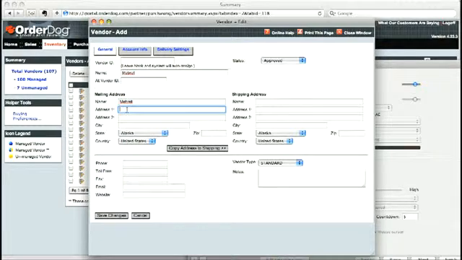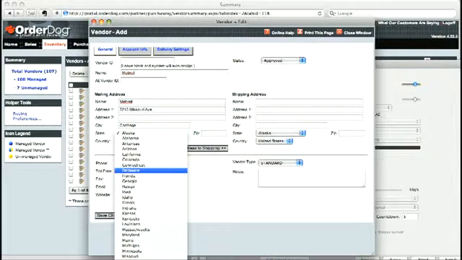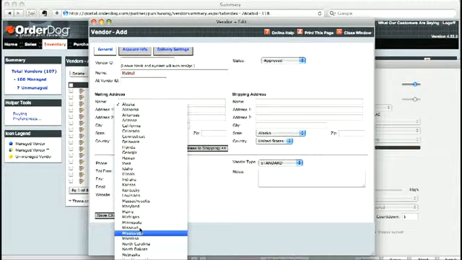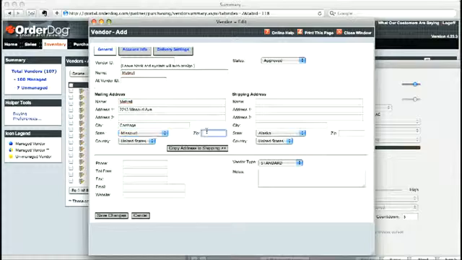And next I'll work on the address, usually the street address first, which is 2213 Missouri Avenue. And then we're going to finish up this part with the city, and then we can pick our state, and we've got our zip code here of 64836, and we can use our copy address of shipping,